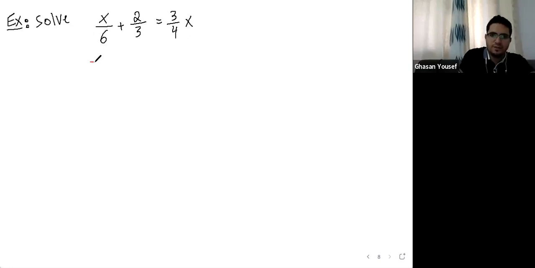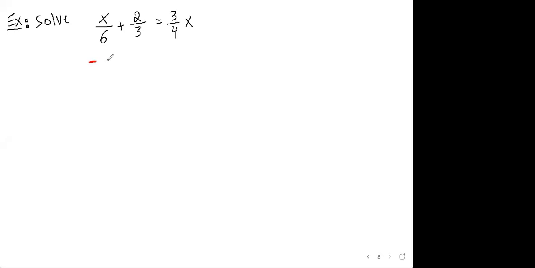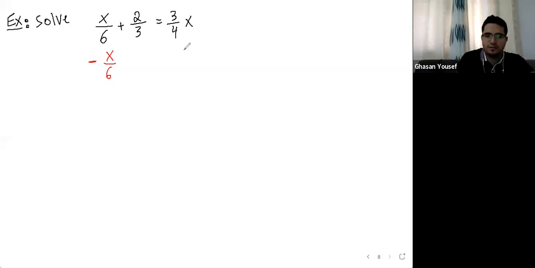What do I have to do to move this one to this side? Subtract 1 over 6 x on both sides. Yes, so I subtract both sides by x over 6, or 1 over 6 x. Now this cancels out. So now I get 2 over 3 equals,